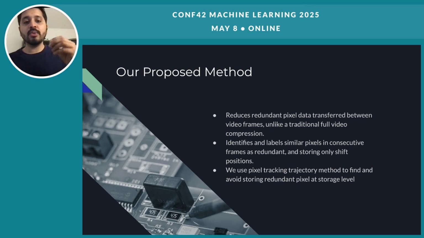So the way we are approaching, the way we are trying to find this redundant pixel is basically trying to track the pixels. So for example, when a video has been taken, you know that a video moves in particular directions, right? So it can move from left to right or top to bottom, or it can move from left to top or right to top or up top to bottom. The video can move any ways.